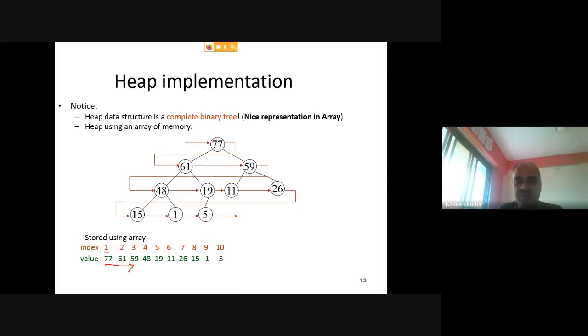The reason we discussed in the last slide. So we will fill that array in this form: the first element goes here, the second index element comes here, then third index, 4, 5, 6, and so on, up to n. This is the last index in your array.